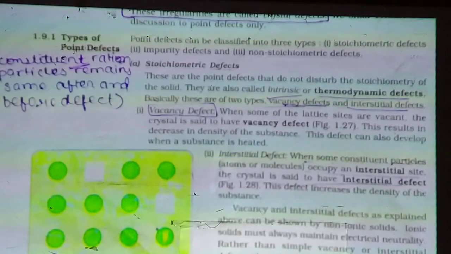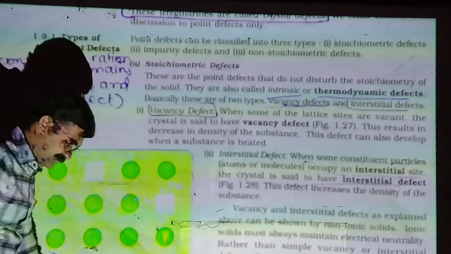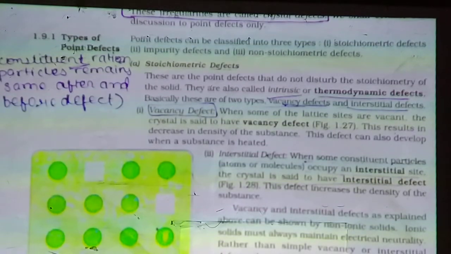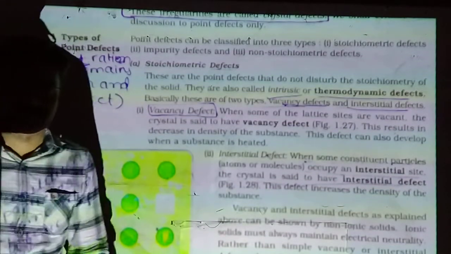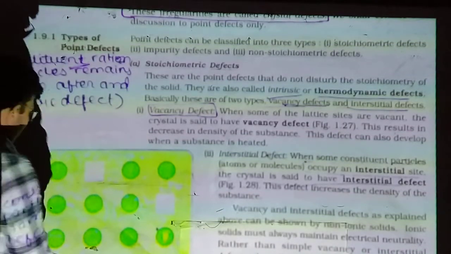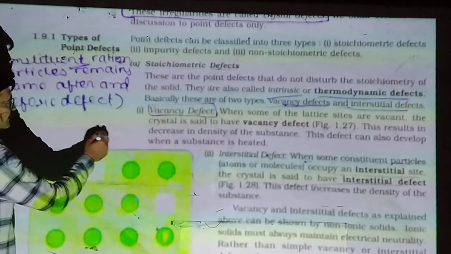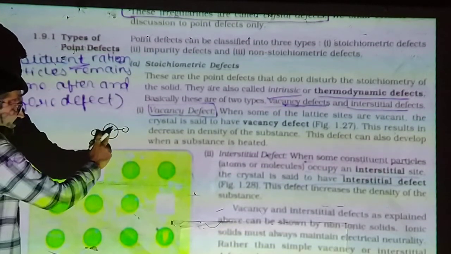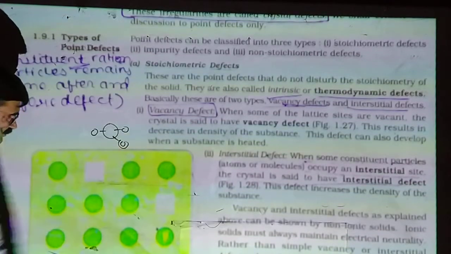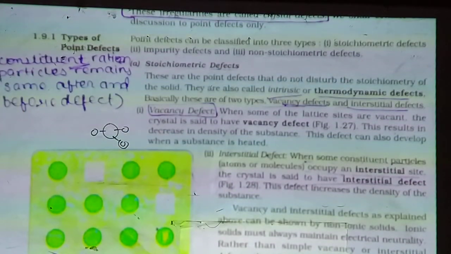impurity defect and non-stoichiometric. Once again, in the crystal there are two types of defects. Which one? Tell me. First one is a point defect, second one is a line defect. Whenever a defect occurs around the lattice point, so the lattice point is moved from its original place, that is called a point defect. And whenever a row of the lattice points is moved and becomes irregular, then it will be a line defect.